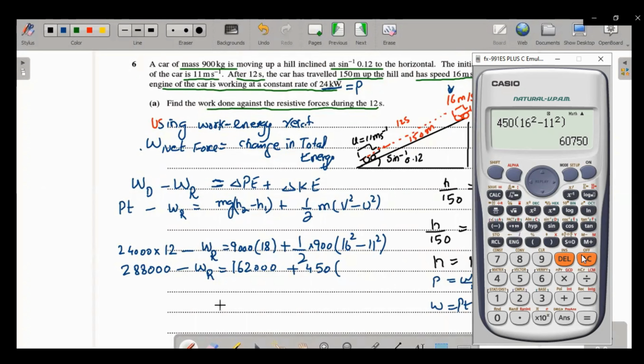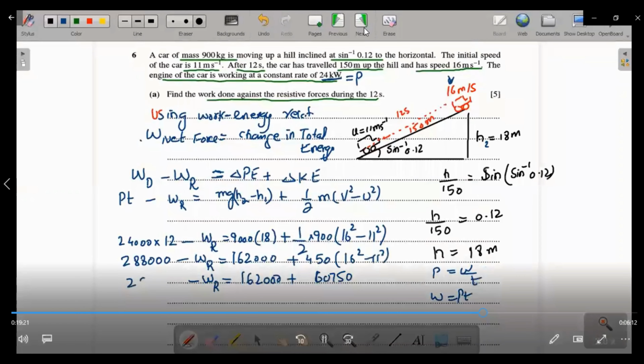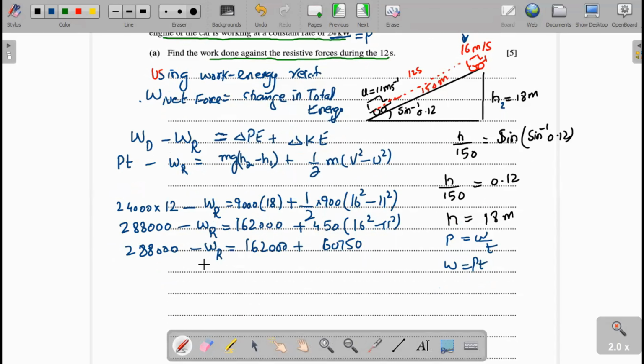Okay, now we have 60,750. When we multiply these values, we get the values given: 162,000. And to find WR, we can find it easily. WR, we shift from left to right side, we get